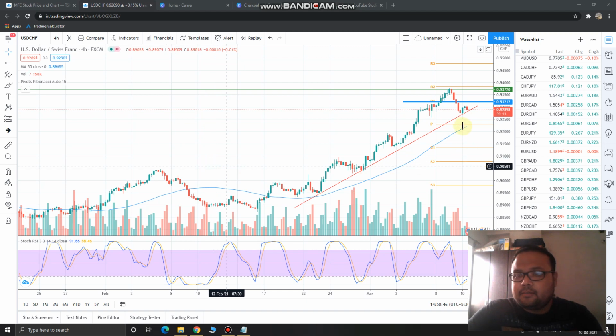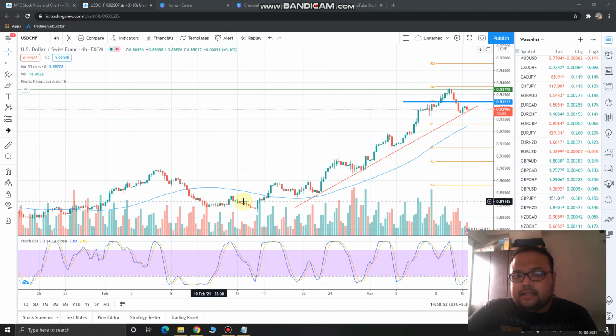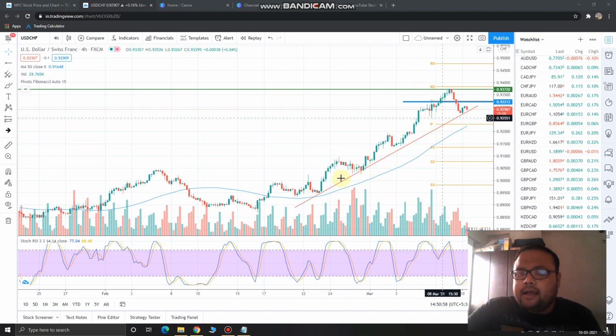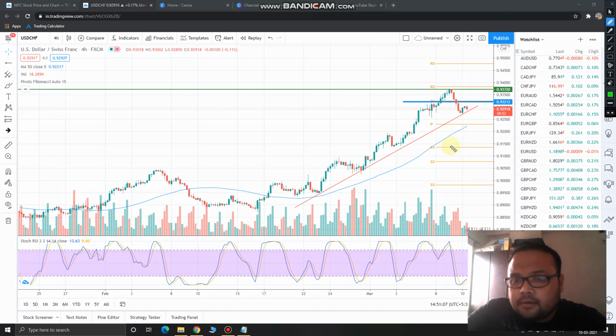So we can see that right now market is trading at 0.9289. This is the current market price, and we can see that market was in a beautiful uptrend while making higher highs. You can see I have also drawn a trend line here, and market is following the trend line. That's the best part. And you can see market has just taken support at the trend line and is almost about